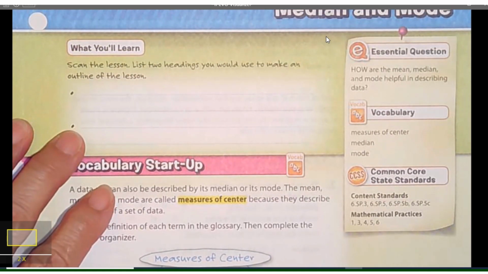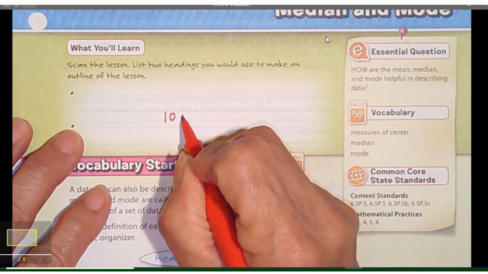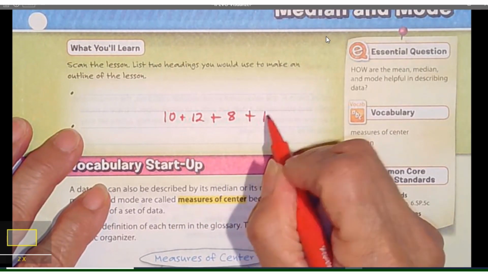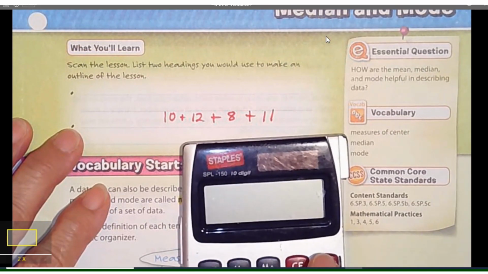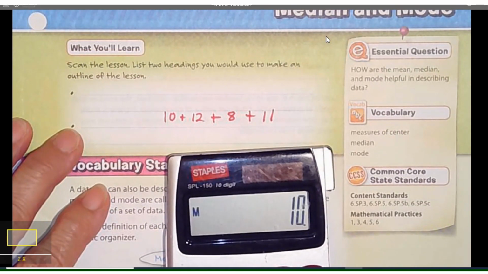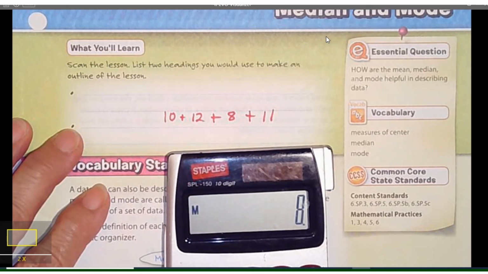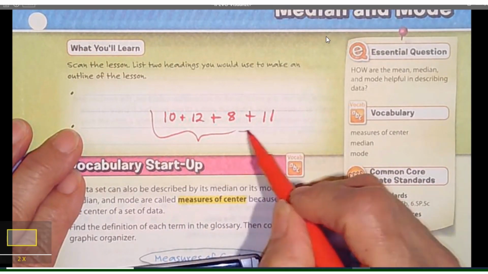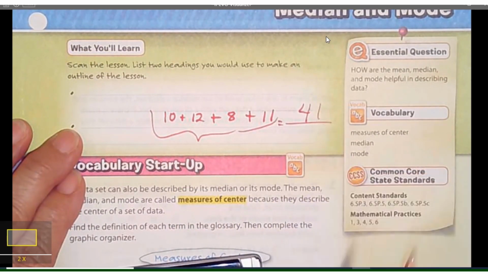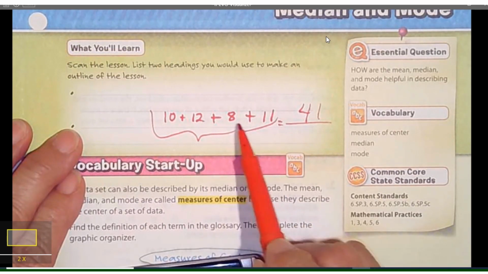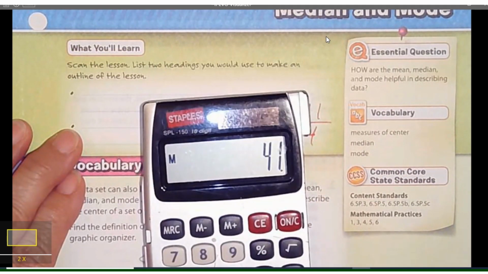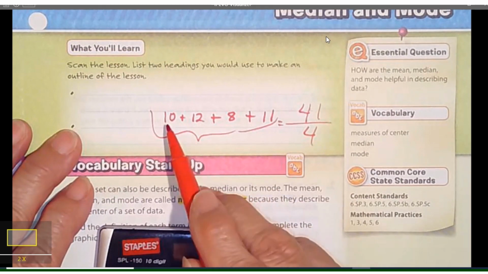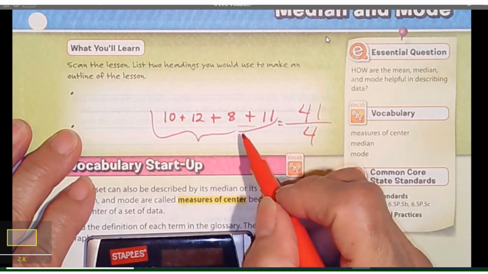So if I had some numbers like 10 plus 12 plus 8 plus 11, and I added these numbers up, that's 41. And then I would take that, and I have 4 pieces of data, divide it by 4, and it's 10.25. So the average, with all these numbers added together, the average of these numbers is